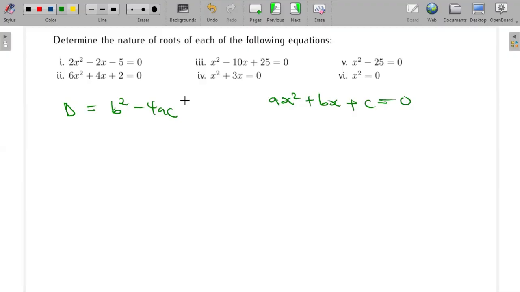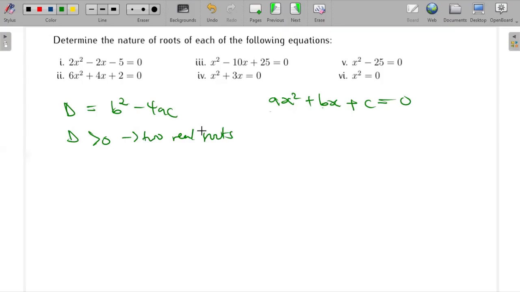So when it comes to this here, this is what we use. You can see you have your a, your b, and your c there. This is what you use to get the discriminant. And then the interpretation is just that. If you get a value that is greater than 0, then it means that you have two real roots. That would be the nature of your equation. In short, when we say two real roots, let me write it, this implies two real roots. The root is just the solution of your equation. So it means that you are going to have